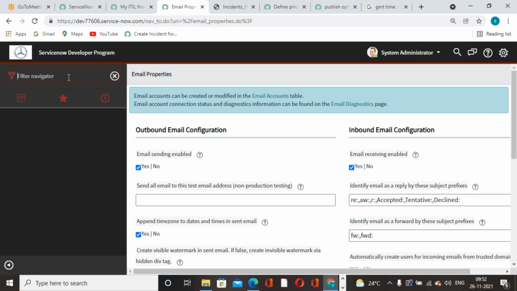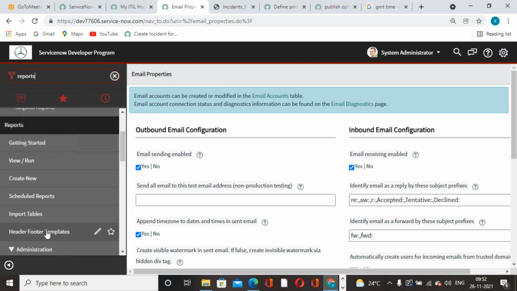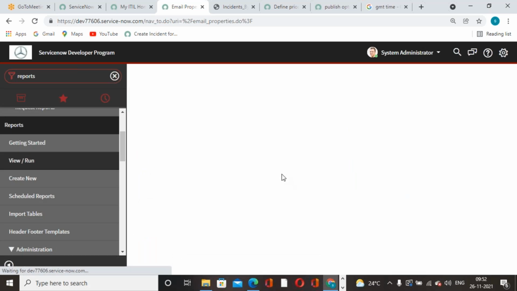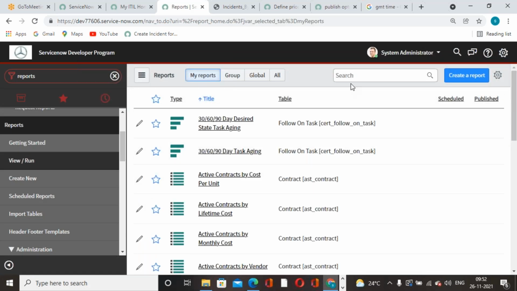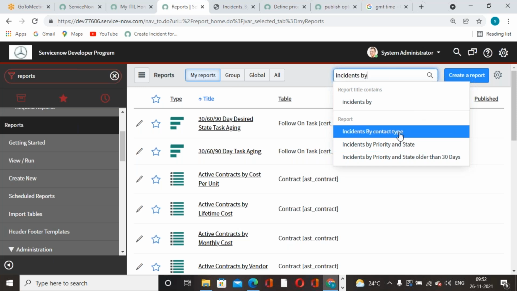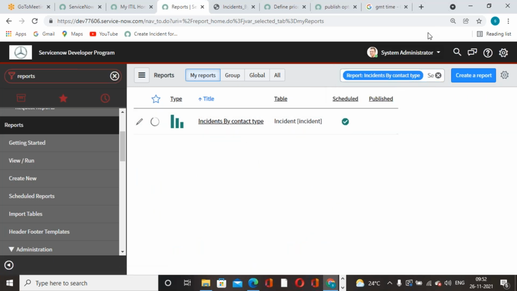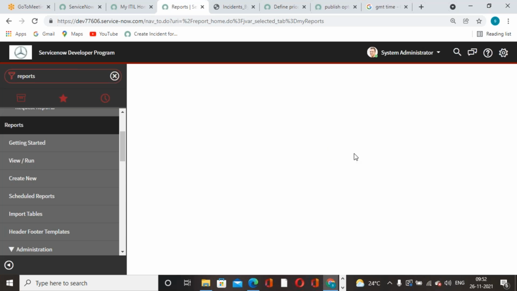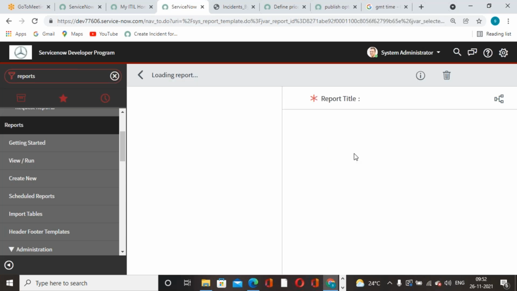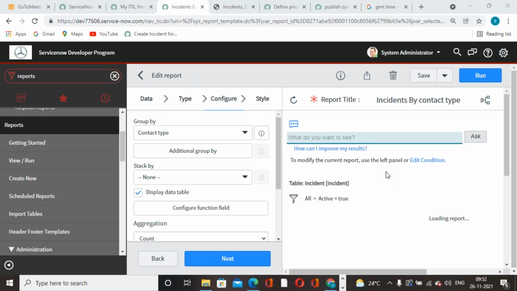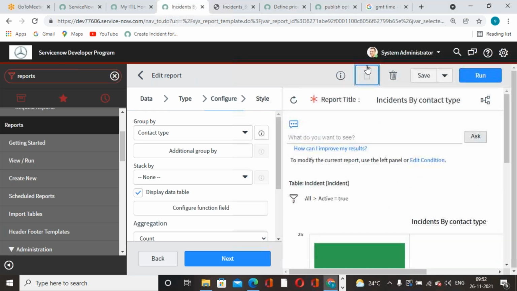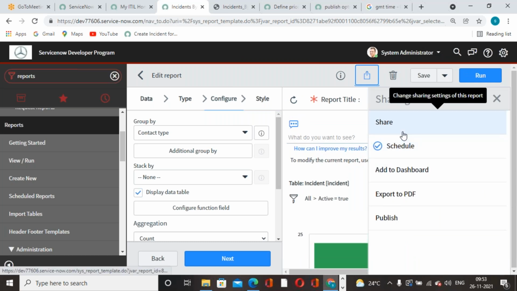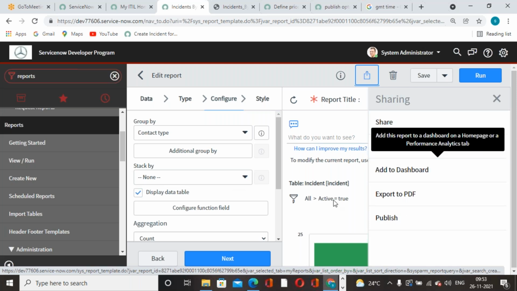Once again, you can go to report, and we want to run and move to my report. Incidents by contact type. Open it. So when you schedule the report, it automatically shows us the report has been scheduled. See, the right mark will be there. It's scheduled. So this is the way how to share the report, schedule the report, add this report to dashboard,